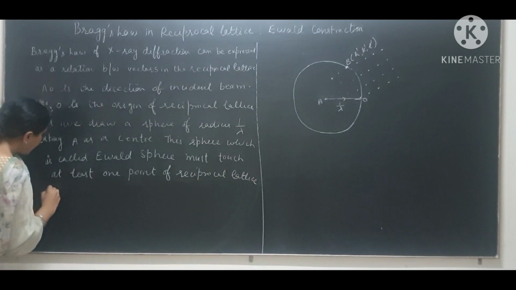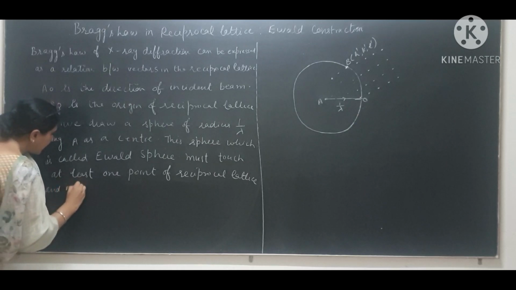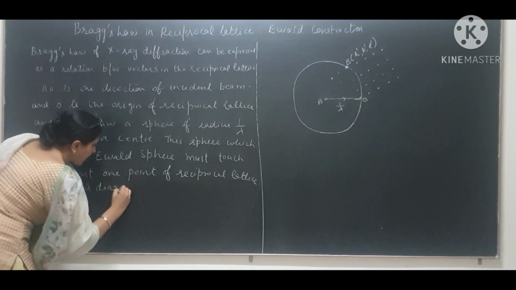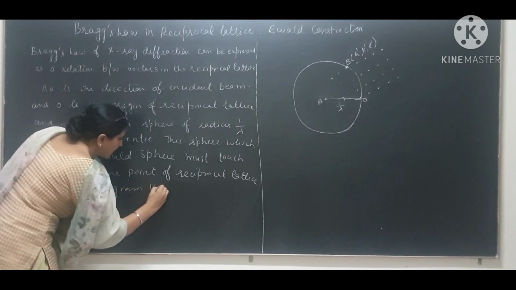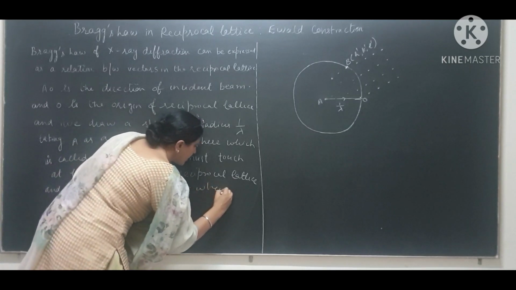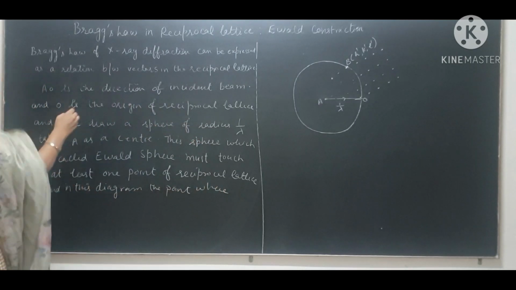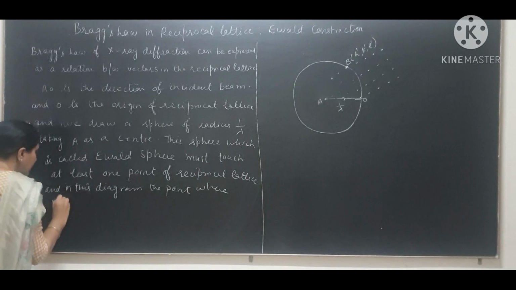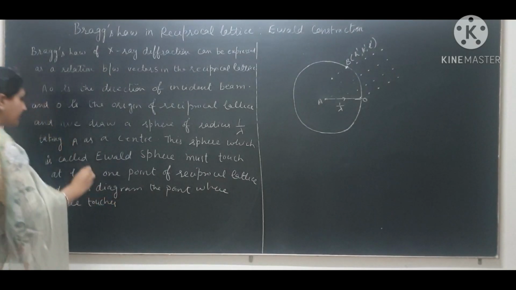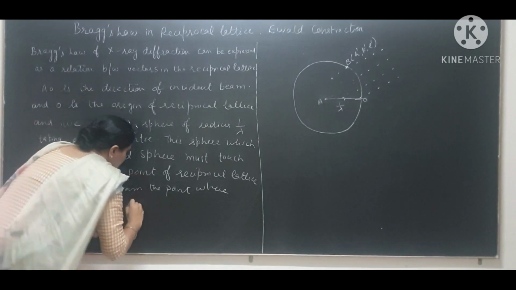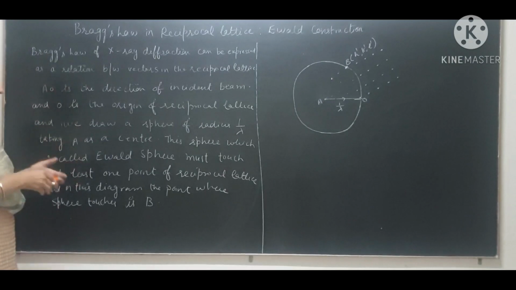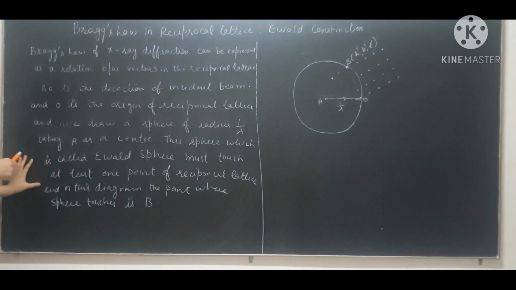and in this diagram the point where the sphere touches is B. Clear? So this is the